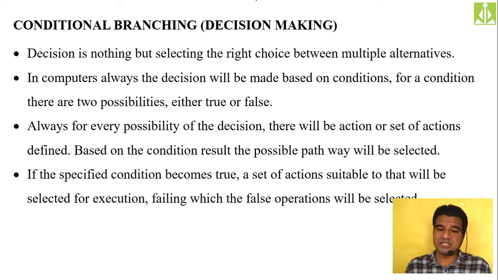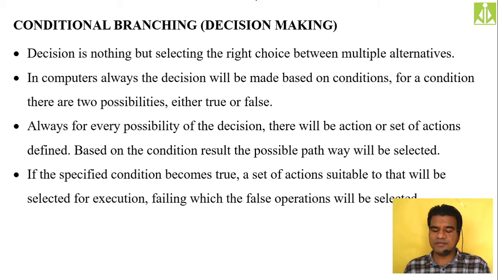or a conditional statement, conditional branching statement. So a conditional branching statement is always involved with a condition. And as you know, every condition in C language results in only two possible cases: it can be true or it can be false. Whenever we have a condition, it can be true or it can be false. There is no other possible alternative for a condition.